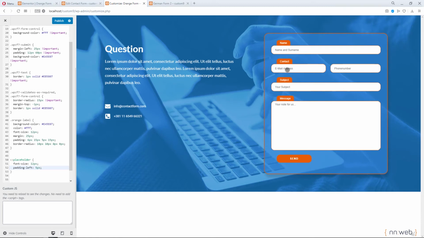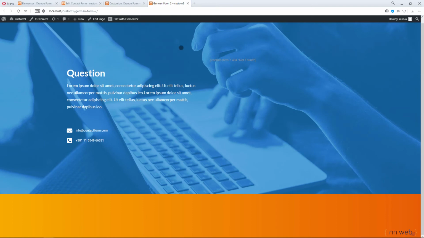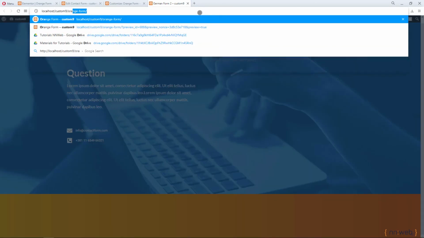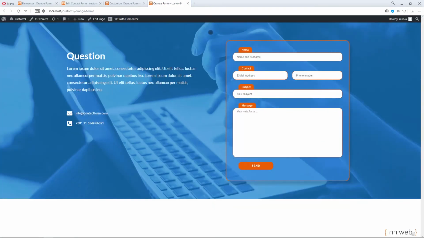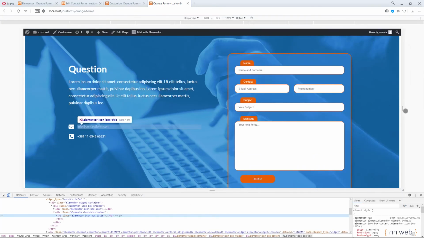You see, this is our placeholders. Now let's save our work, and let's see how our form looks like now. Orange form. Okay, this is all good for large screen, but let's see how it looks like on smaller screens